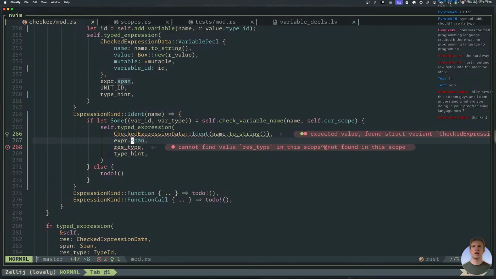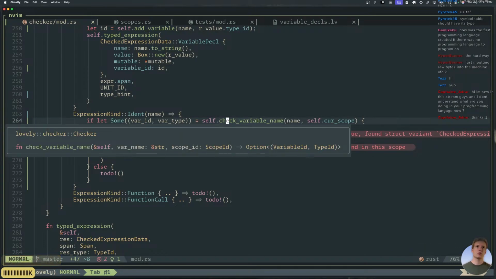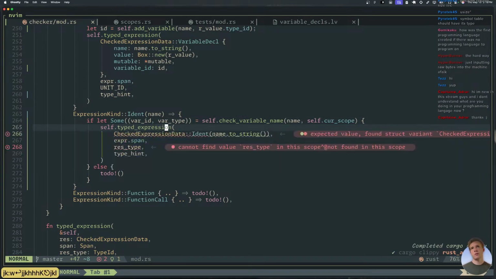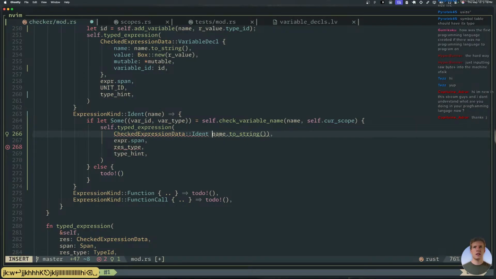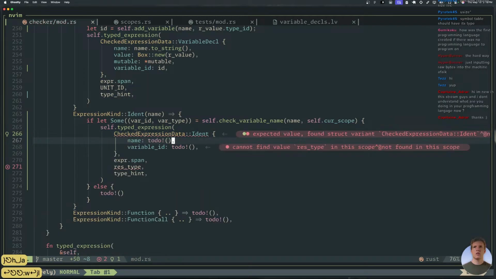Wait, I gotta think about this for a second. We have a var ID. We have a var type. What is the type ID? Yeah, okay. So we return type extract as an ident. Okay, this got changed, right? So we have a name.